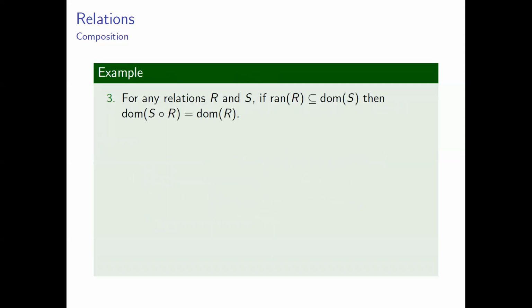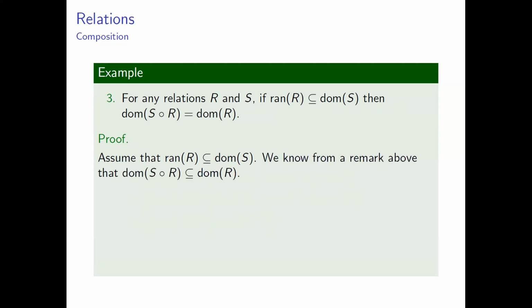Consider the claim for any relations R and S. If the range of R is a subset of the domain of S, then the domain of the composite relation SR is a subset of the domain of R. To prove this, assume that the range of R is a subset of the domain of S. We know from our remark at the start of this video that the domain of SR is a subset of the domain of R. So it remains for us to show that the domain of R is a subset of